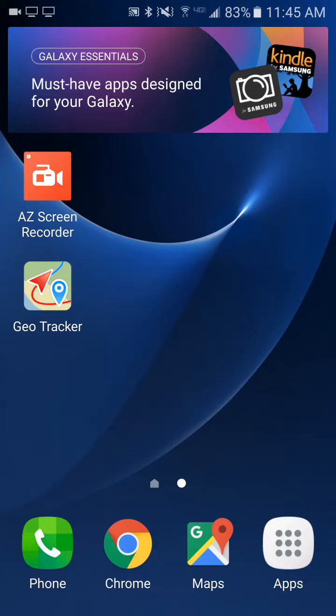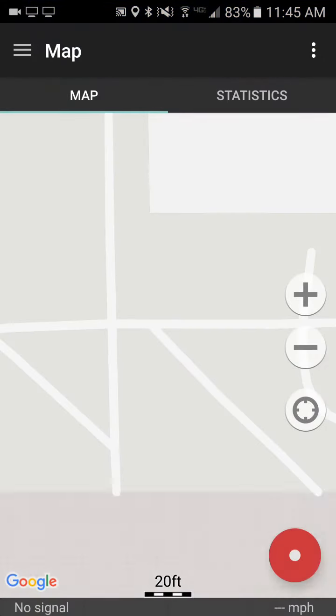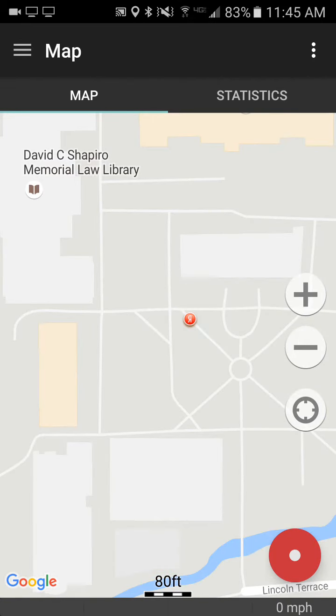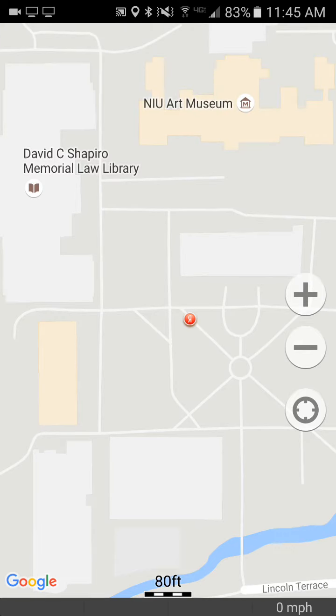Okay, so this is a quick video on capturing some data points using GeoTracker. So I've installed GeoTracker from the Google Play Store. I'm going to open it up here. When it starts up, you're going to just get a blank map and you're going to have some information about where you are. There's a bright red record button that you can use to get started to record your tracks